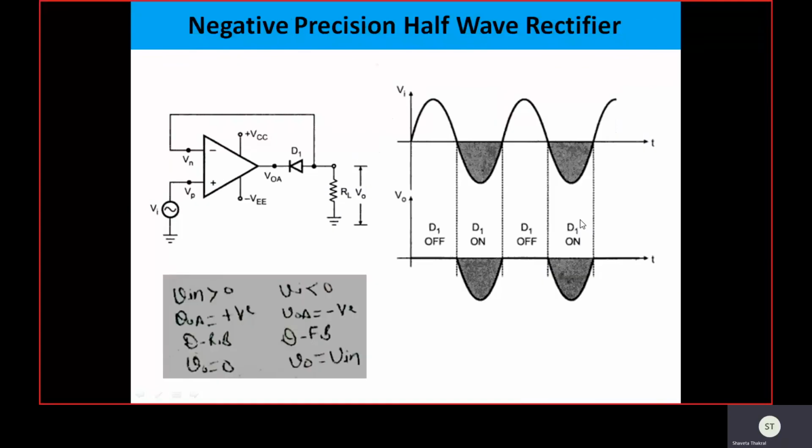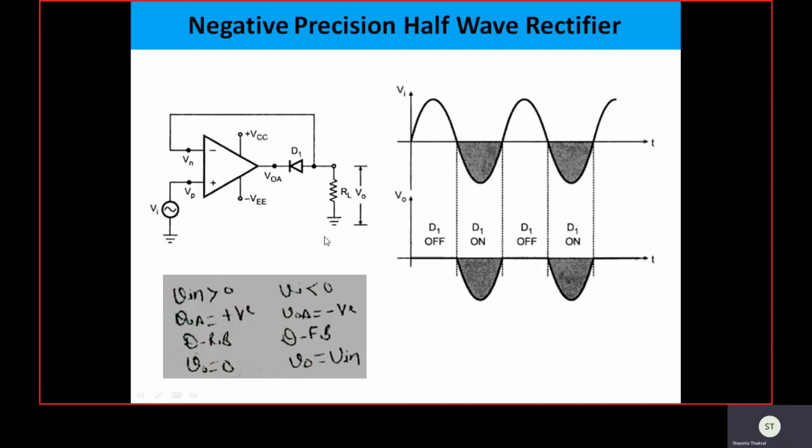And if we reverse the direction of the diode here, the working will be discussed in the same way, and we get the output corresponding to the negative half cycle. That means we are converting AC to pulsating DC, and that is obtained in the negative direction, so that is considered to be negative pulsating DC.